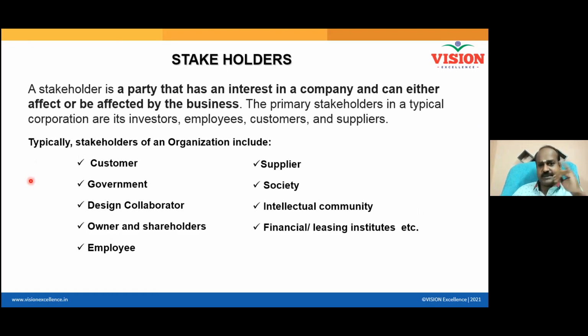Who are the stakeholders now? Who is the customer now? Who is the customer? All of you are the customer, right? Right. Then who are the stakeholders? With your knowledge, who are all going to be affected? With your certification, who are all going to be benefited? With the kind of money you are investing, who are all going to be benefited and who are all going to be affected? The organization will be benefited.